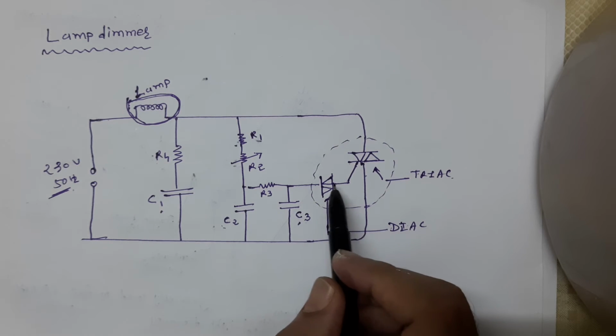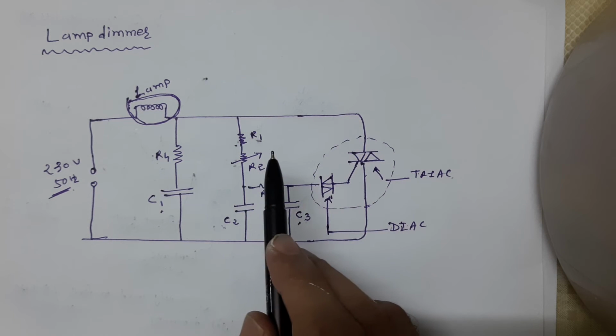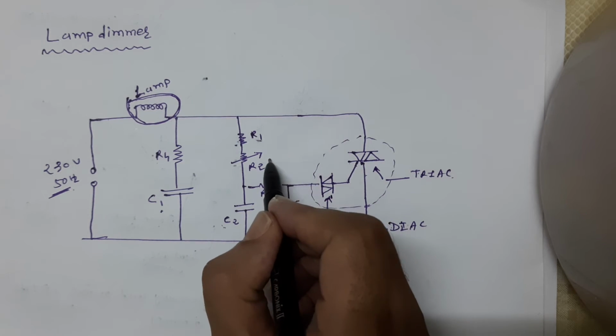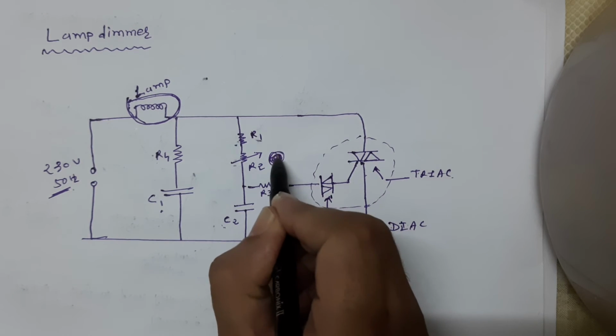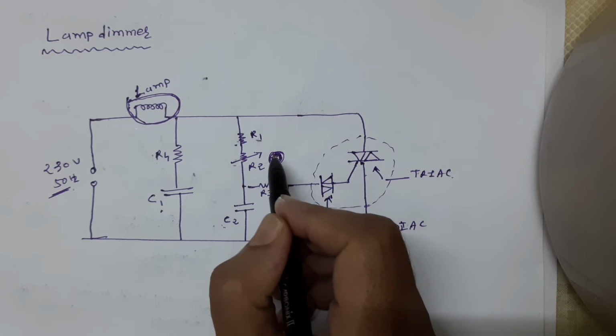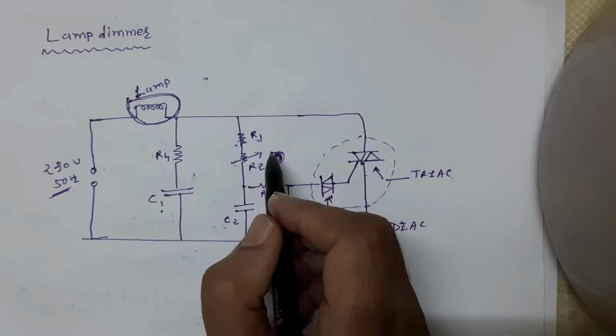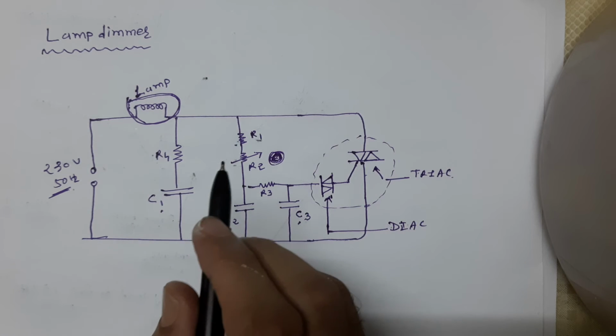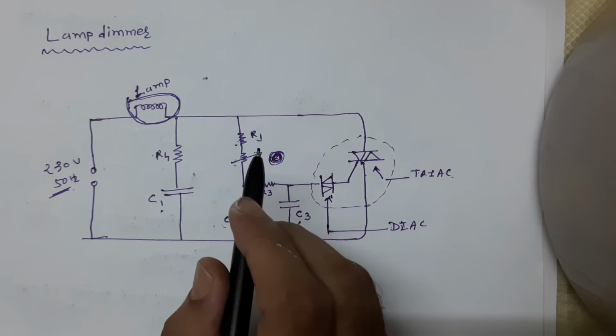The AC power which is passing through the lamp can be adjusted by the value of R2. This is our variable resistor R. By adjusting R2, the rate of charging of the capacitor, and hence the point at which the triac will trigger on the positive or negative half cycle of the input voltage, can be controlled. So with the help of R2 we can control the charging.